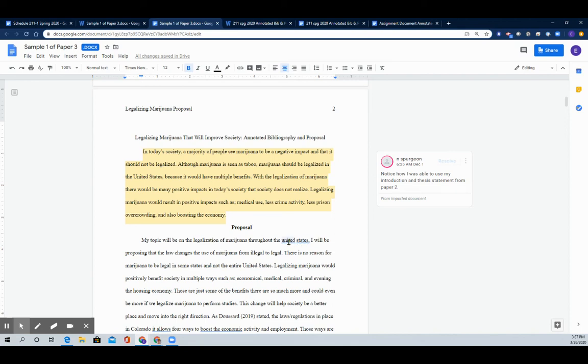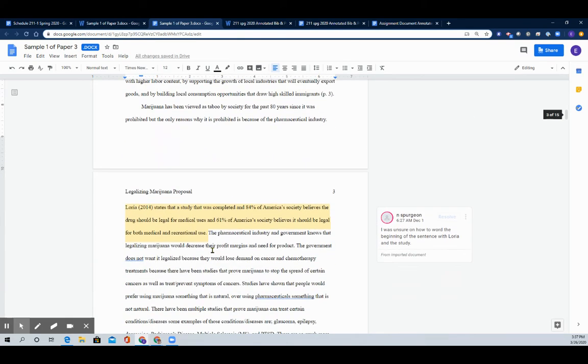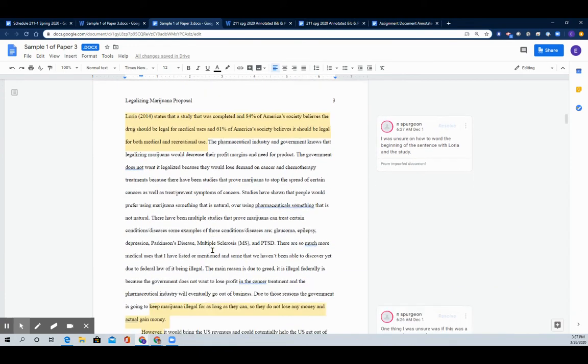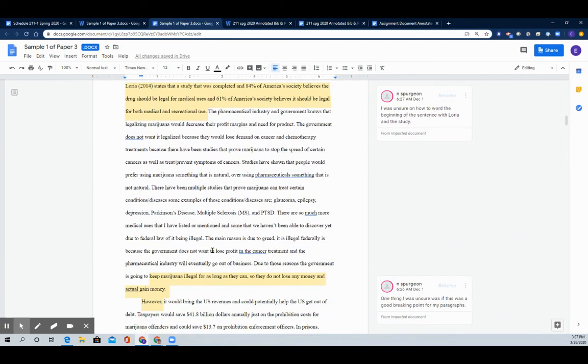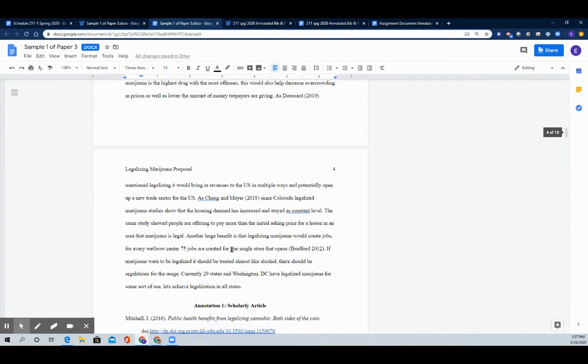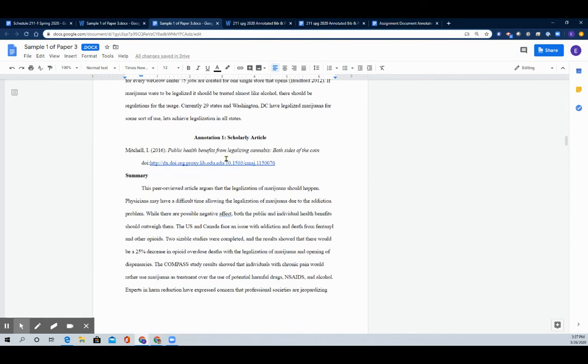Okay, there's a couple small mistakes in here, like she should have capitalized United States, right? But other than that, this is very close to what you're going to be doing. Again, it's not going to be exact. And the reason it's not going to be exact is she has 5 sources. So here comes annotation number 1. Your paper will actually begin with annotation number 1. You won't do the proposal until the end. They wrote it at the end, but then they put it in the beginning of the document.